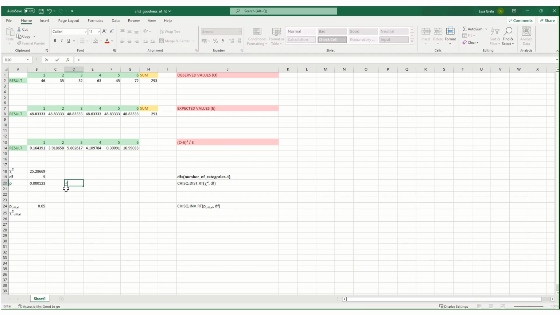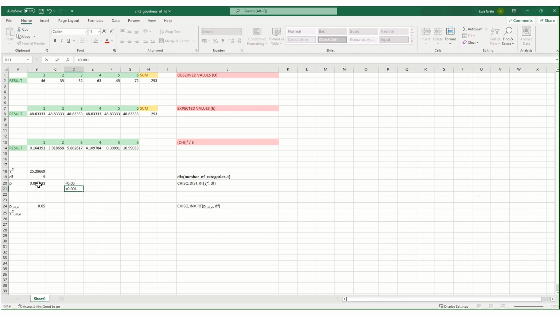If the p-value is less than the significance level, in our case 0.05, we reject the null hypothesis and conclude that the die is biased. If the p-value is greater than 0.05, we fail to reject the null hypothesis, meaning there is no significant evidence to suggest the die is unfair. This is not what we observe in our case. The calculated p-value is lower than 0.001, so even if we had chosen a lower significance level, we would still be allowed to